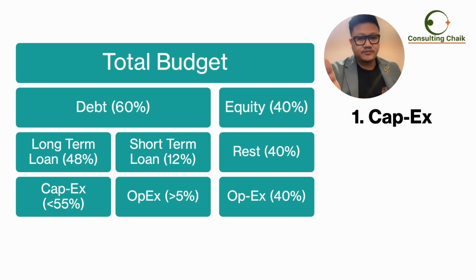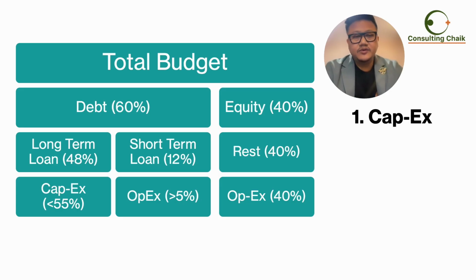The rest is the equity. So in CapEx and OpEx, the total of your CapEx you should try to make less than 55%. The lesser it is, the better. In many cases, many hospitals struggle to pay off their EMIs, their loans, when they start, because in the beginning a lot of these hospitals run at a loss between expenditure and what they are earning. So you should have that cushion to manage the operational expenses. That is why, if you keep most of your total budget in the operational expenses, then it is easier for you to sustain.